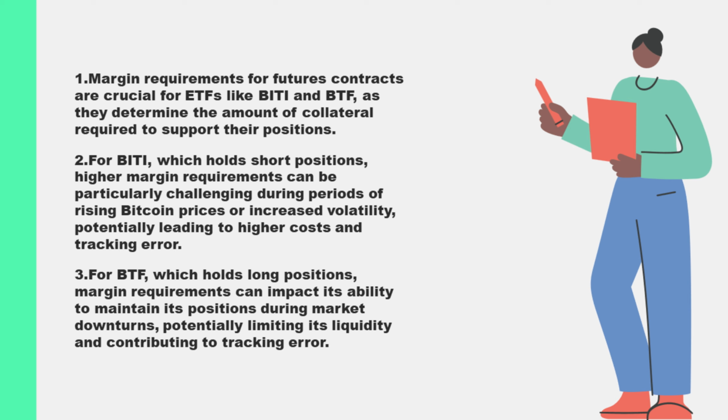BTF, or the Valkyrie Bitcoin Strategy ETF, holds long positions in Bitcoin futures contracts. Like BITI, BTF is subject to margin requirements set by the CME. However, since BTF takes long positions, it profits when the price of Bitcoin rises. The margin requirement for long positions similarly acts as a security deposit to cover potential losses if the price of